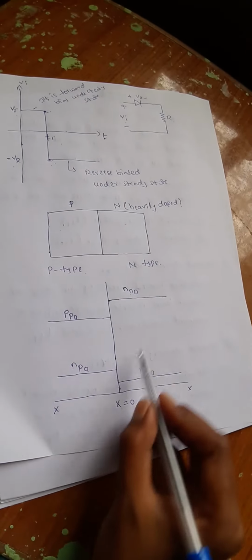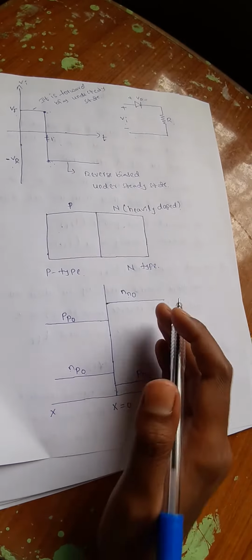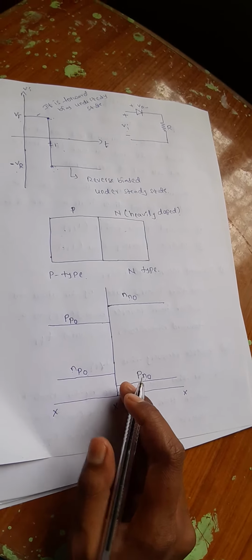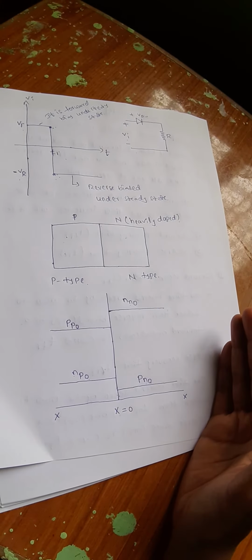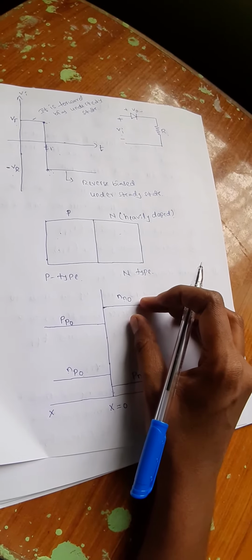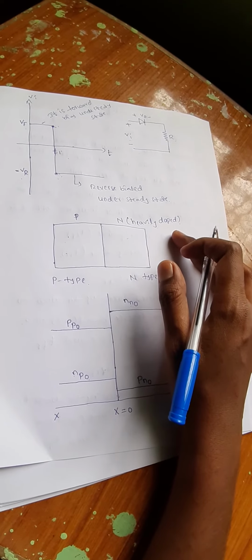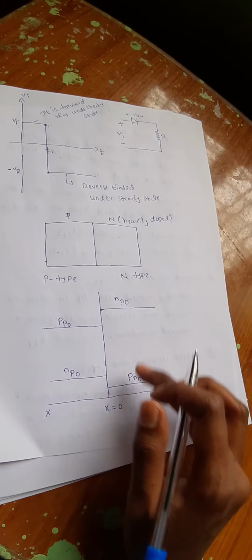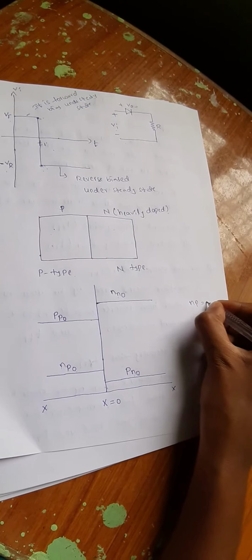This indicates the open circuit PN junction diode, in which these are the minority carrier concentrations and these are the majority carrier concentrations: the electrons in the n-type material and the holes in the p-type material as majority carriers. The n-type is drawn above this one because we are considering it heavily doped, and the minority carriers are less compared to the majority carriers because we know that np equals n_i squared.